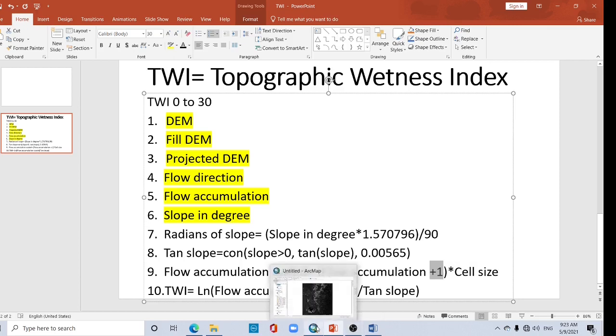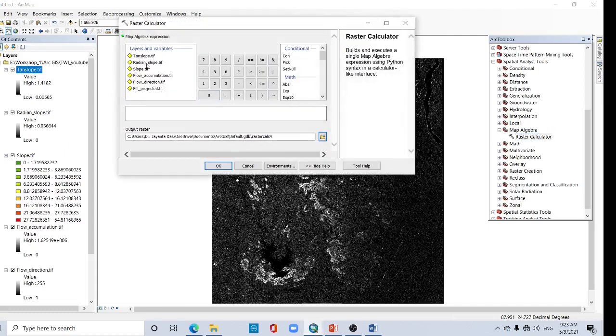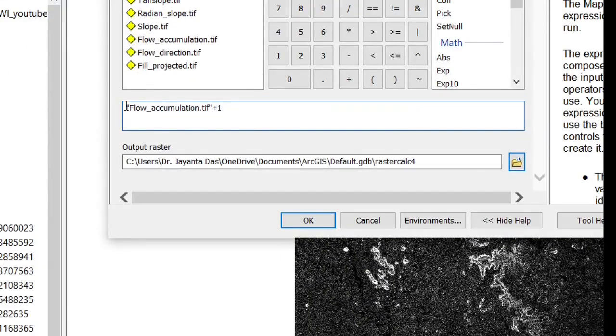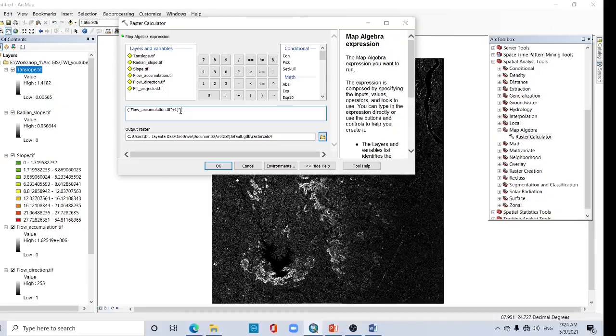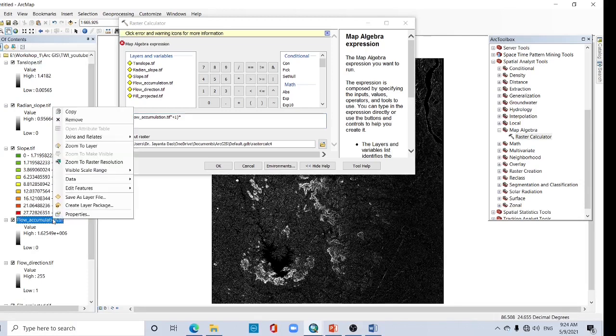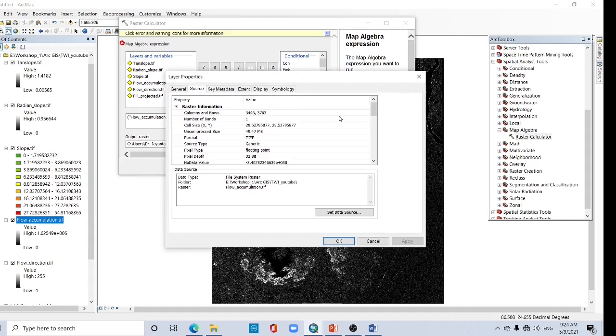So again go to the raster calculator and here the flow accumulation. This is the flow accumulation plus 1, give a bracket, into cell size. Check your cell size. Here the flow accumulation, go to properties and here the source.